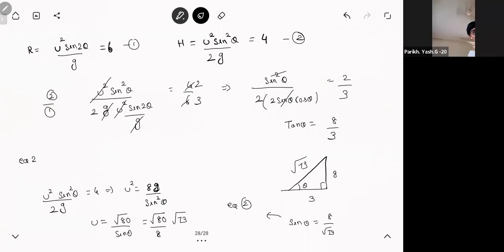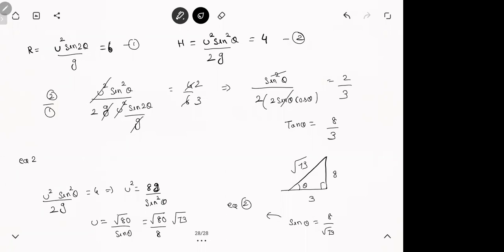Sir, in the triangle, the hypotenuse is what? Root? Actually, it's quite blur. 73. What does blur mean? You don't know how to calculate? How lazy are you? We have to square and add. You just want to copy everything. Means by chance if I write something here, root of something, dragon or something, you will write that only. You won't try to calculate also. It is root over 1962. There, write it up.